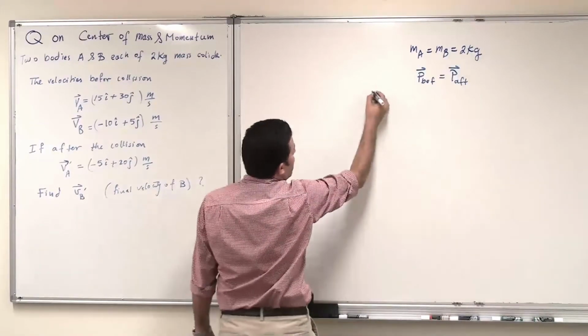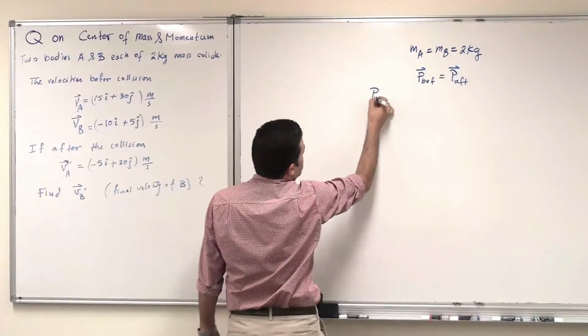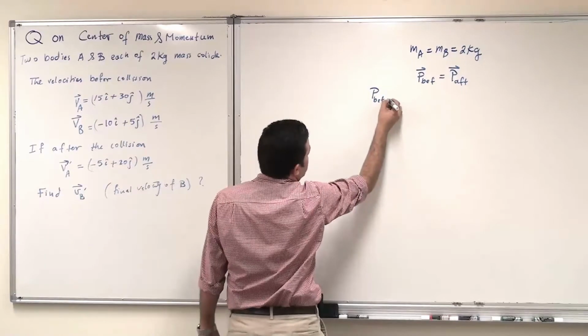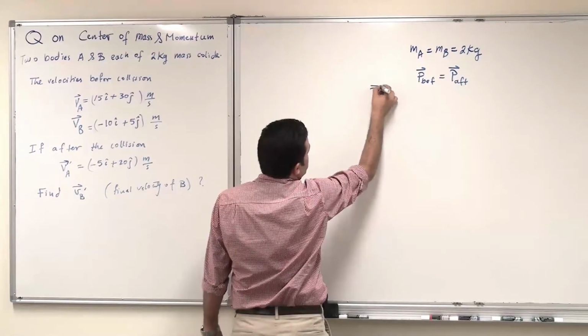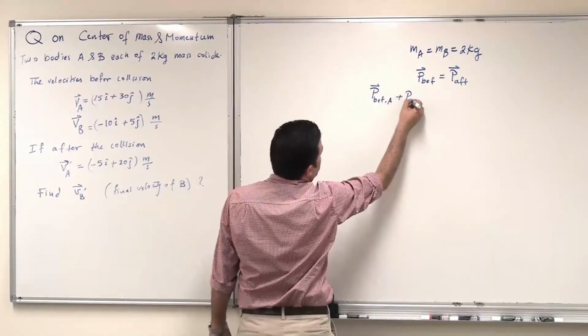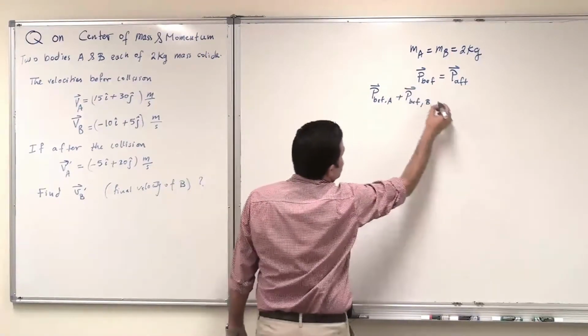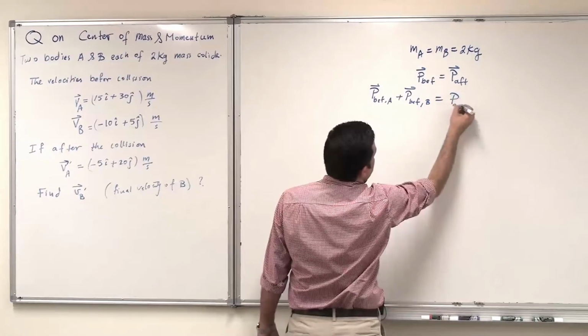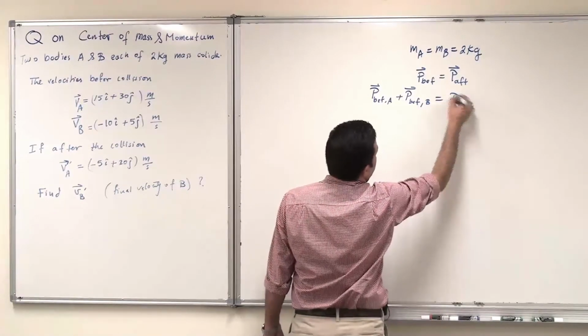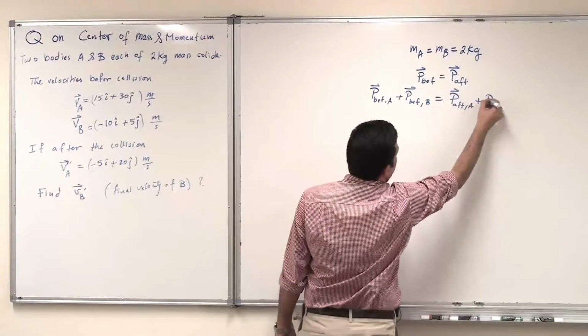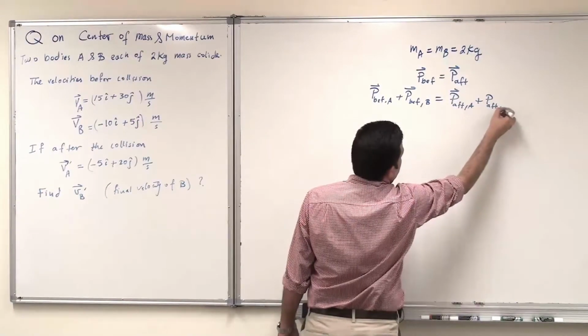So P before is made of P before of A plus P before of B, should equal P after of A plus P after of B,